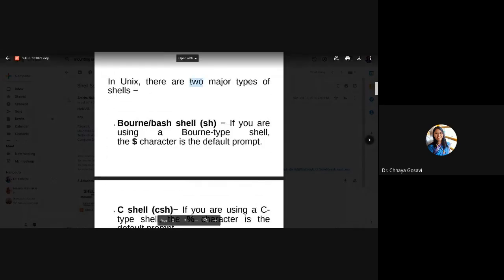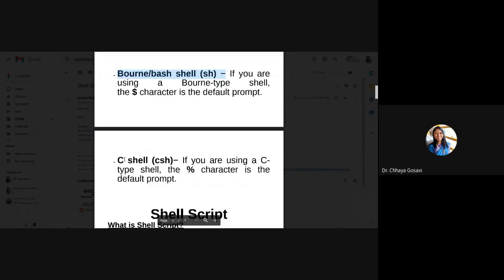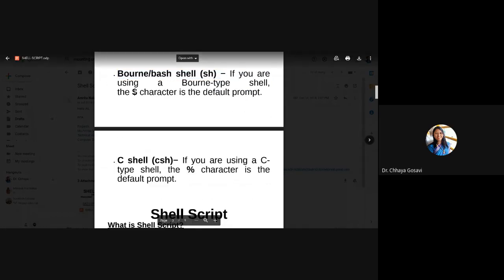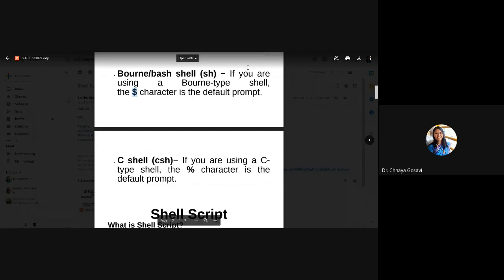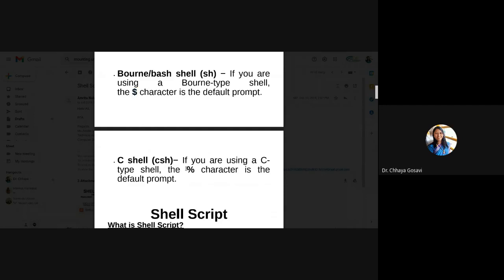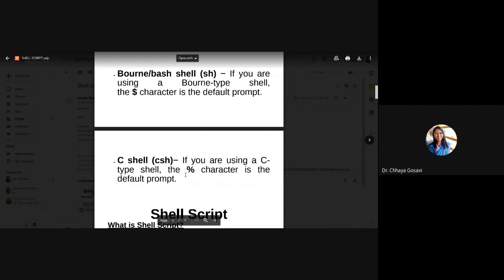In Unix there are two major types: bash shell, that is sh, and C shell. Bash shell is shown with a dollar sign in Fedora. When you go to the terminal, you can see this dollar prompt, which is the bash shell. If you are using the Bourne type shell, the dollar character is the default prompt, and if you are using C shell, CSH, then the percent character is the default prompt.